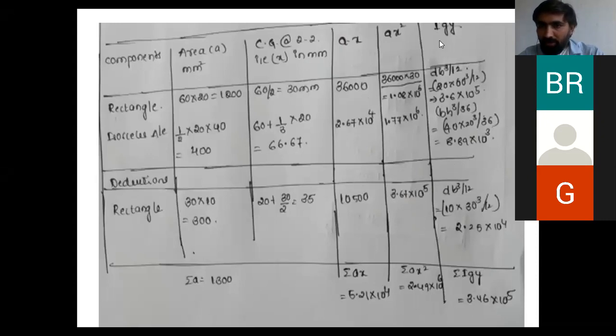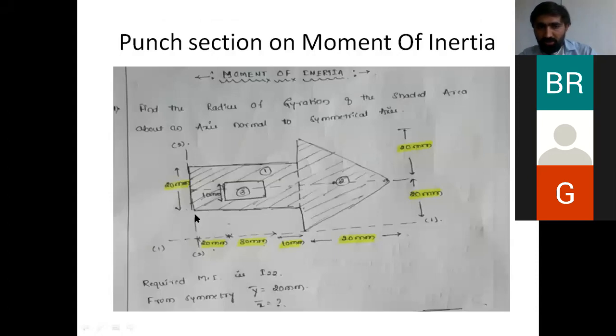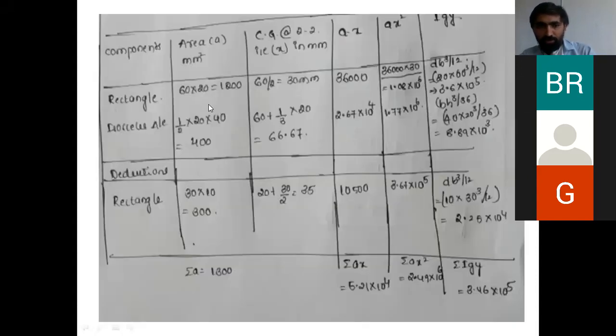And the next one will be the moment of inertia about its own centroidal axis. We have a standard formula for the rectangle: b d cube by 12 with reference to our horizontal axis. Now we are dealing with the vertical axis, so the thing which will change: with reference to 2-2, this one acts as a width and this one acts as a depth. We are keeping the horizontal as the standard, that's why b cube by 12. Suppose this acts as a horizontal, in that condition b d cube by 12. Both are the same. So in this formula we are using d b cube by 12 with reference to the 2-2 axis. What is the depth? 20 millimeter, and the width will be 60 cube by 12.